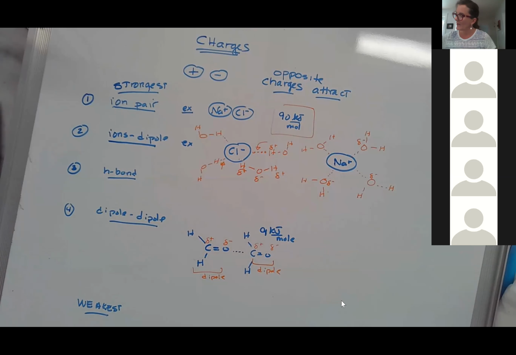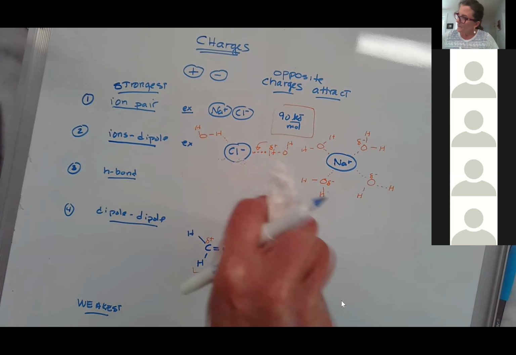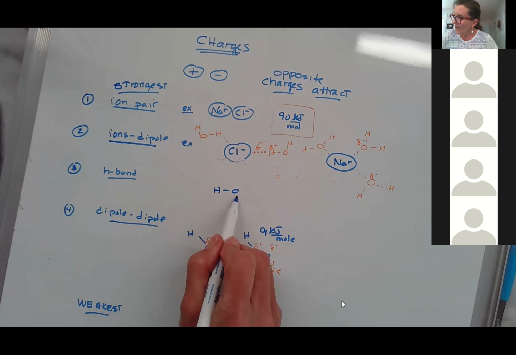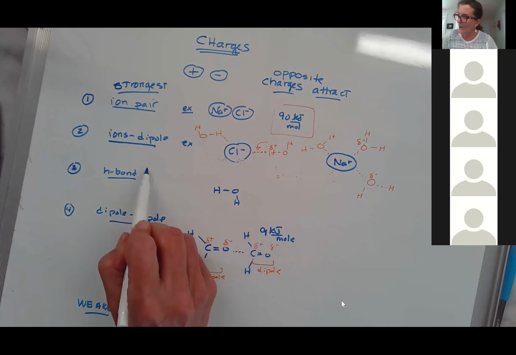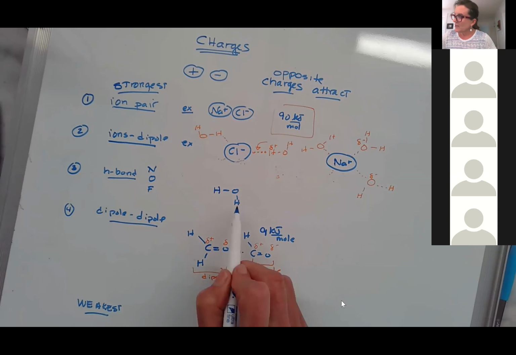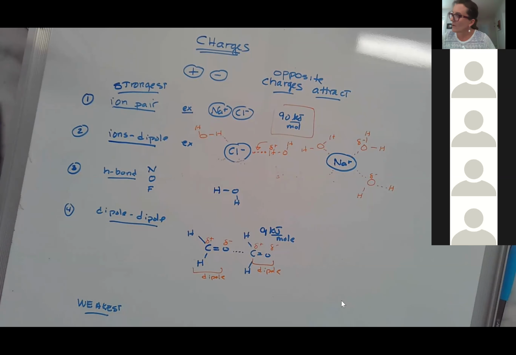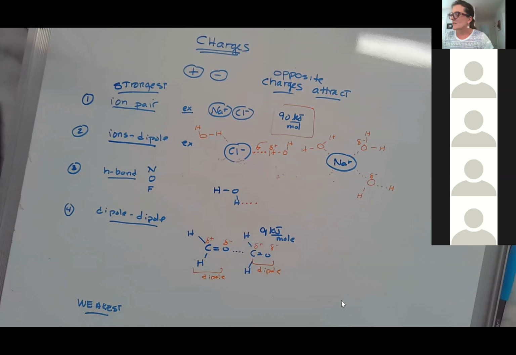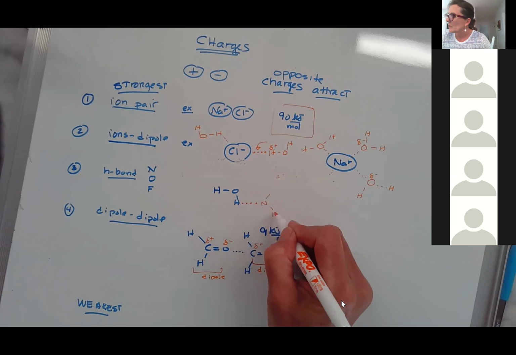Okay, now I didn't leave myself very much space to show you a hydrogen bond. Hydrogen bonds are between, it's a hydrogen that has to be attached to either an N, an O, or an F. So this hydrogen in water is attached to O, so it is able to hydrogen bond with other hydrogens that are attached to, well, actually with an N or an O or an F. So an example would be with ammonia.